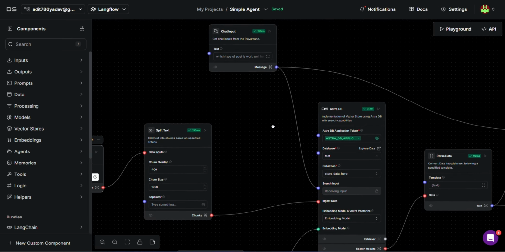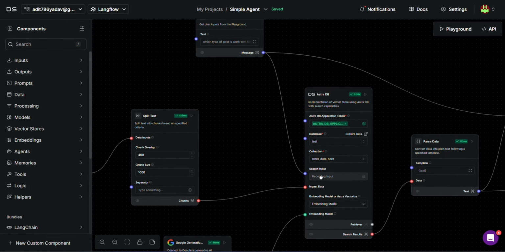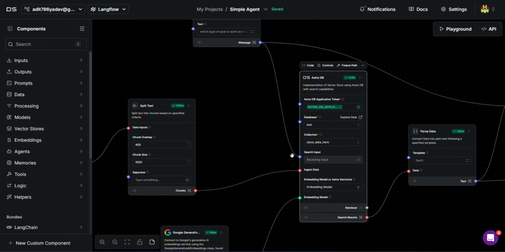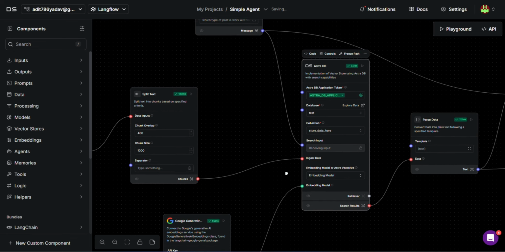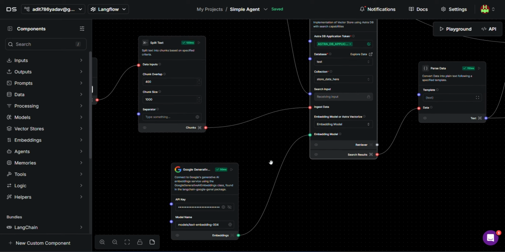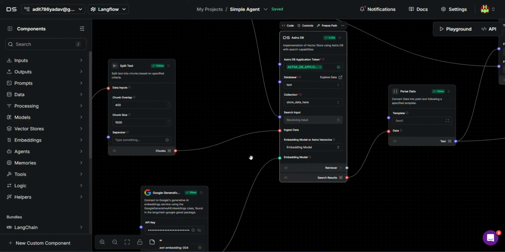All the statements and analysis which the user wants, they can input in the chat input component, and that goes into the search input section of the database. We also have an embedding model where we are using Google Generative AI. Whatever input the user has given, it prompts on that